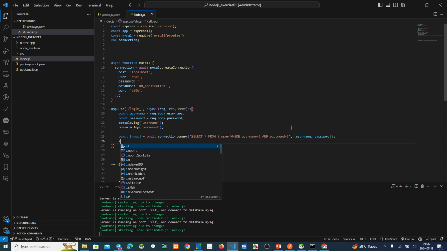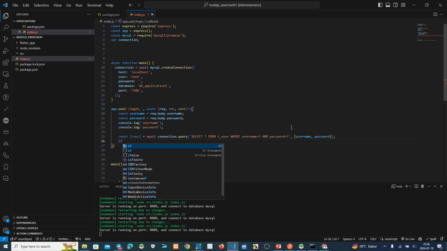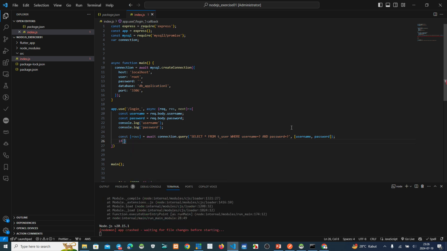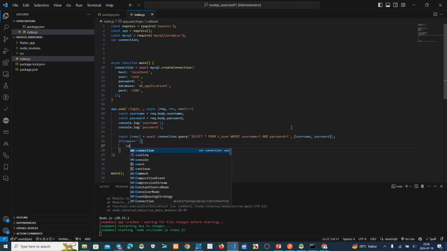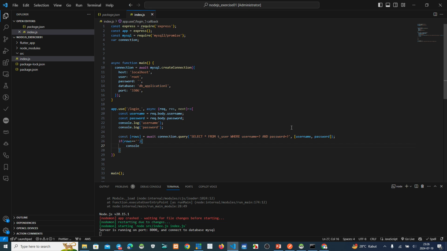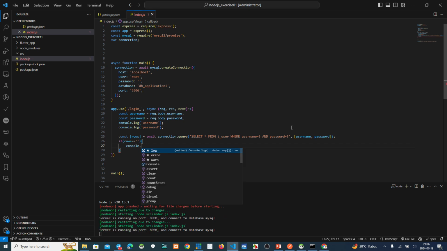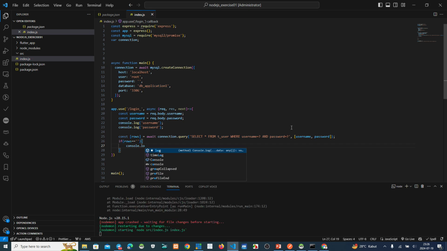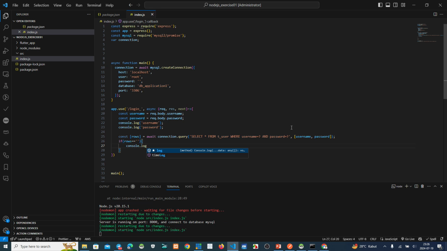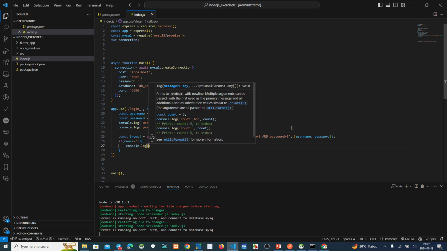Now we make a script: if rows equals blank, make console.log rows.